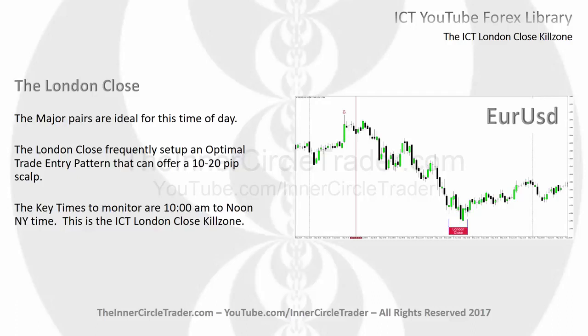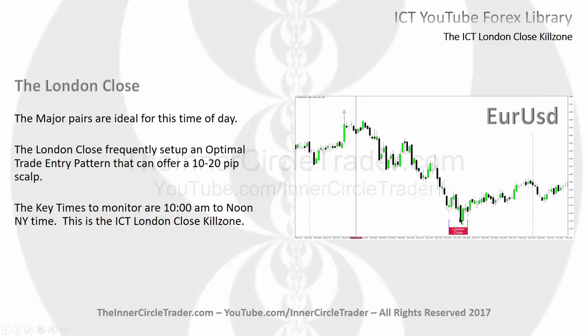Another example here, this is the euro dollar, just to show you how the London Close encapsulates the daily range. Okay, we have the Asian range in here. The high created during the Asian market. I actually traded this pair. Again, this is a very similar chart we've used in this series so far. But the high forms in Asia. Then after New York midnight time, we had a high form again in London high, New York session high, and